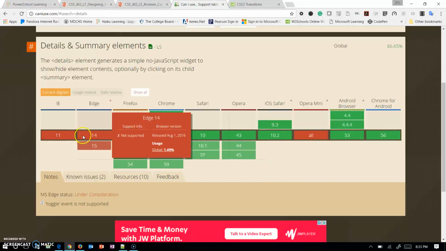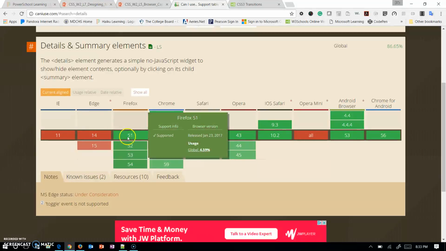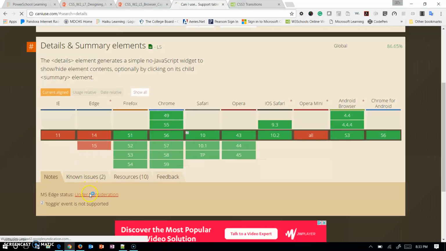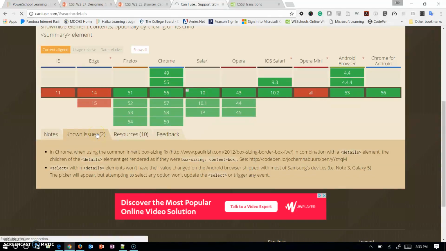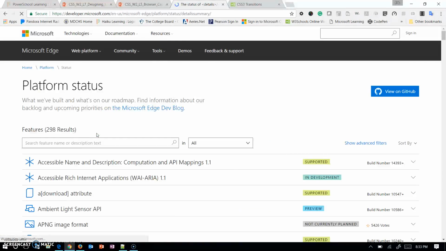But it won't work on Internet Explorer and Edge. And what happens is it's not supported, but for Edge it says it's under consideration. What happens when you open it up on Internet Explorer or Edge is that,